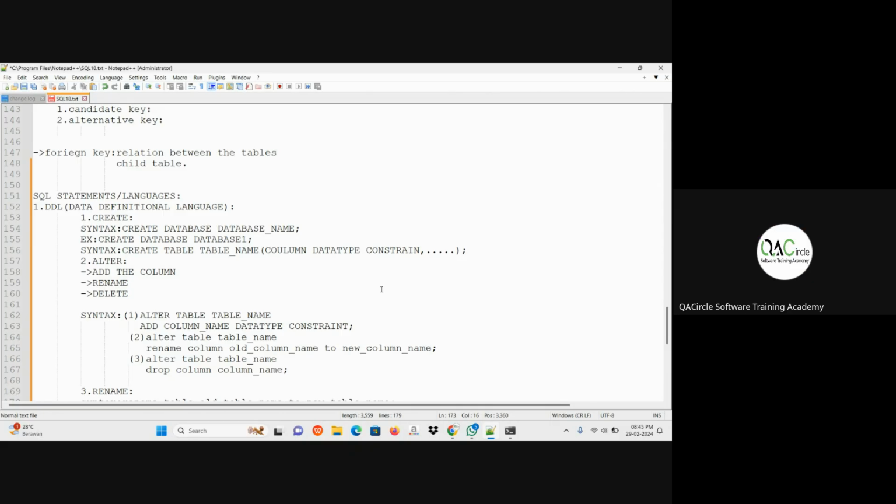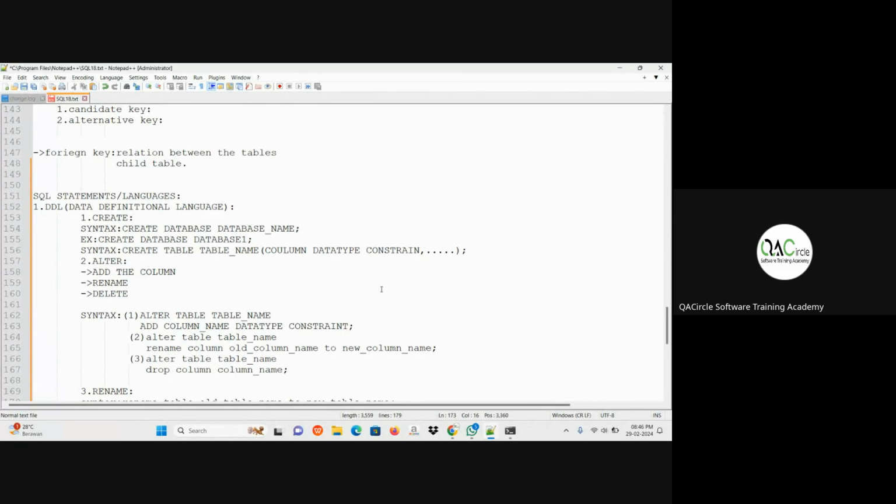Take down the next point in the primary key constraint. A table can have only one primary key.